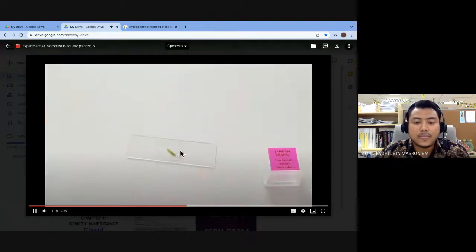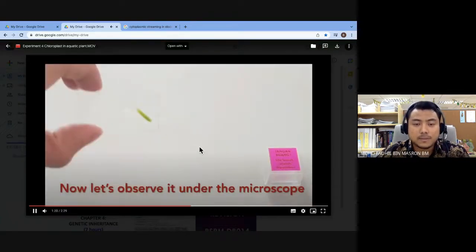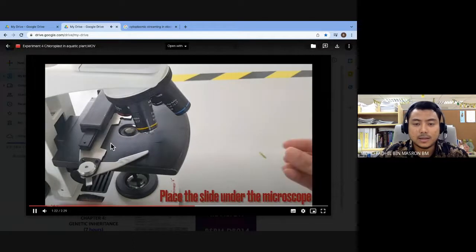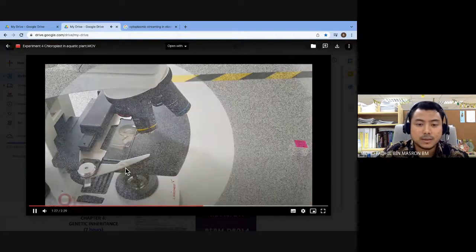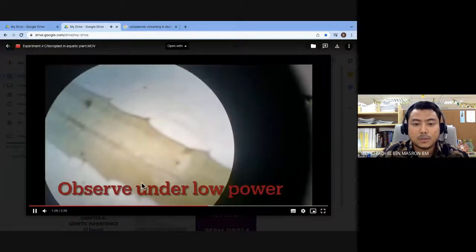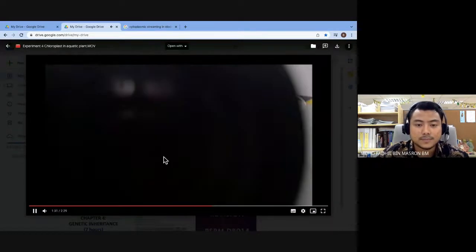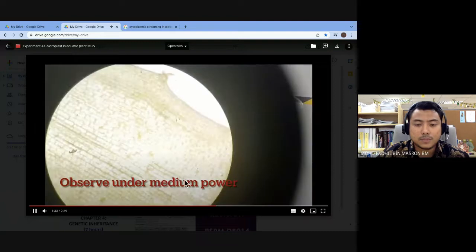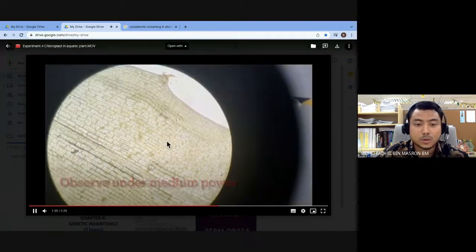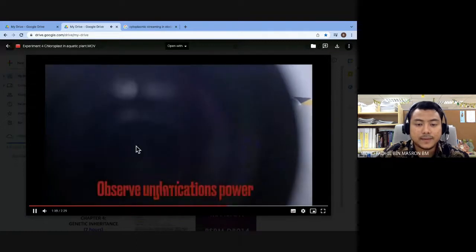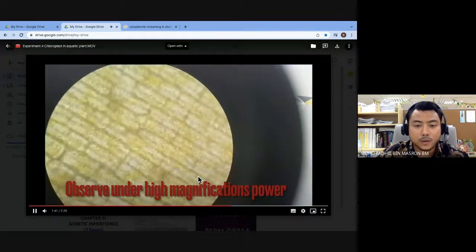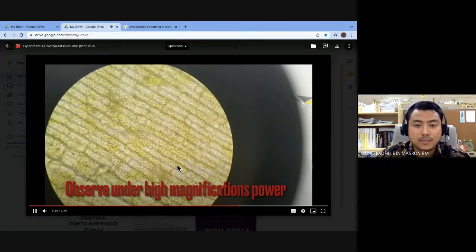Okay, now let's observe under the microscope. Place it, this the black thing here is called as the stage. Place it on the stage, secure it with the clipper, and observe under low power. There is 10 objective lens. Okay, and then medium power, 20 objective lens, i.e. 200 times magnification. And then you see this. And finally, under high magnification power, there is 40 objective lens, i.e. 400 magnification. There, boom, you can see